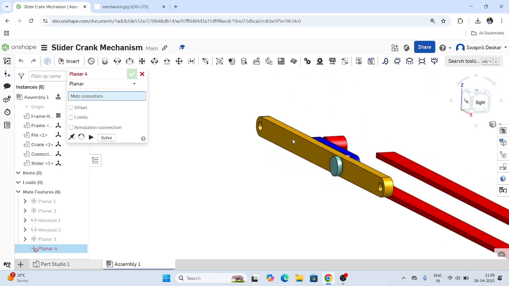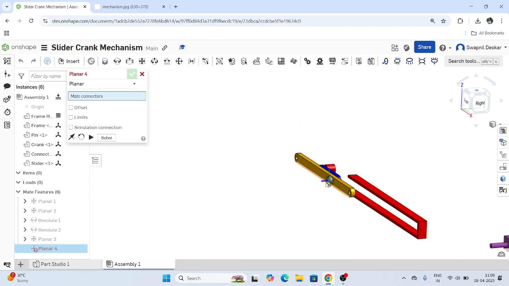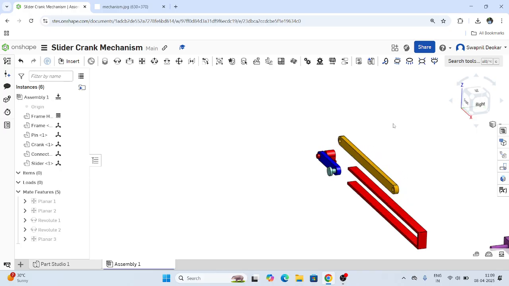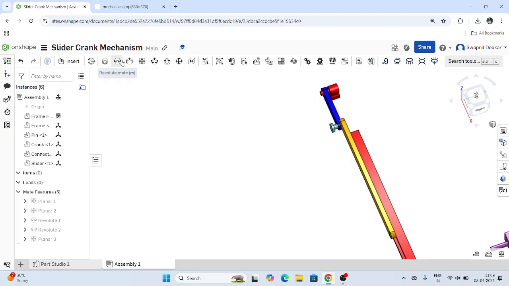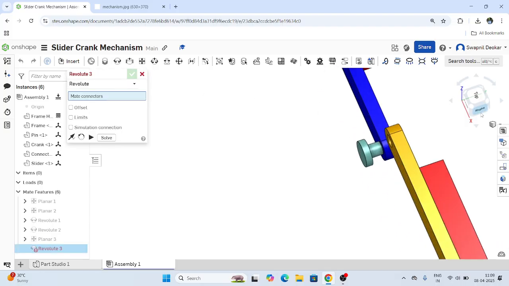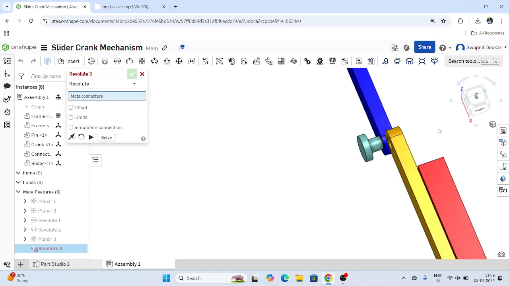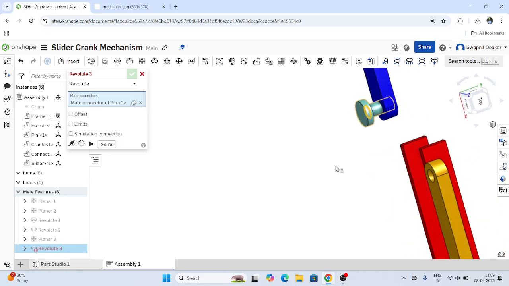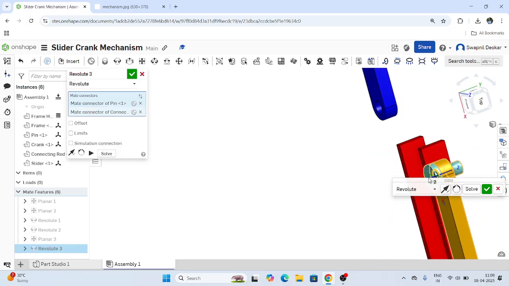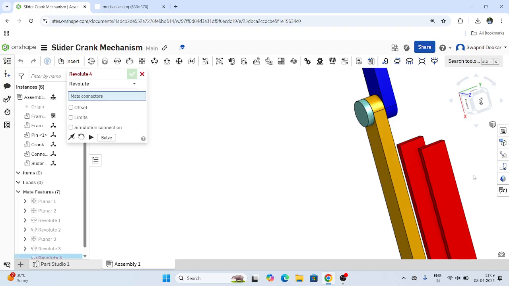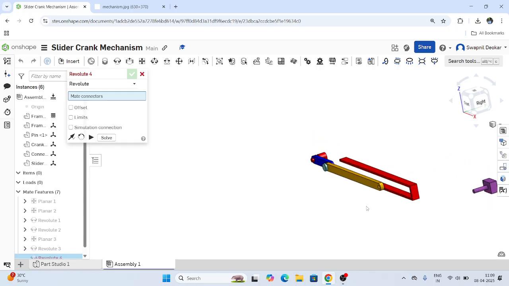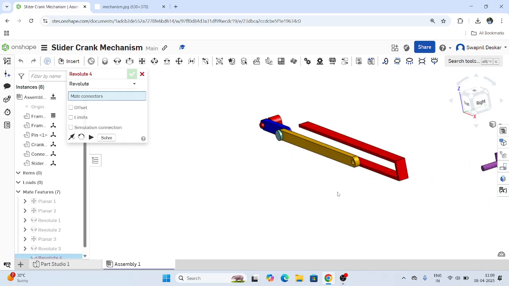Okay, again there is a revolute mate between this edge and this edge. Okay, so next is,